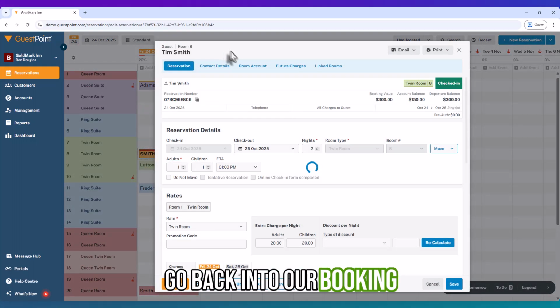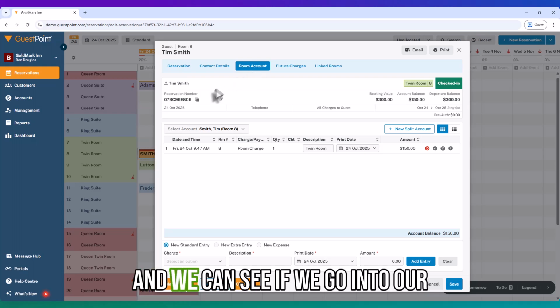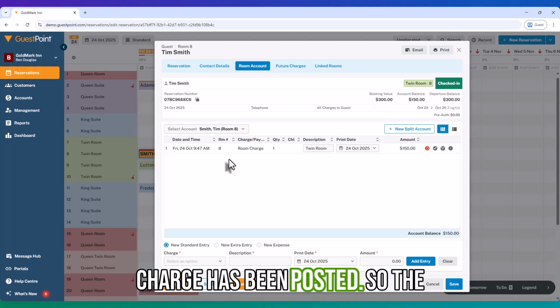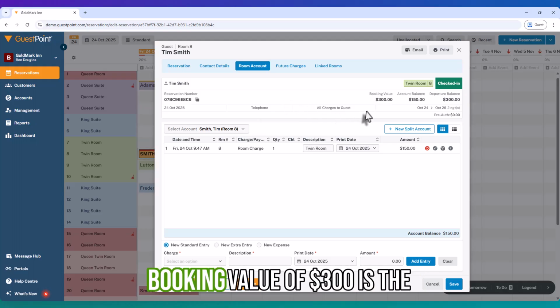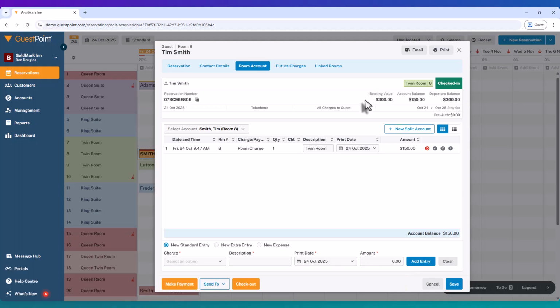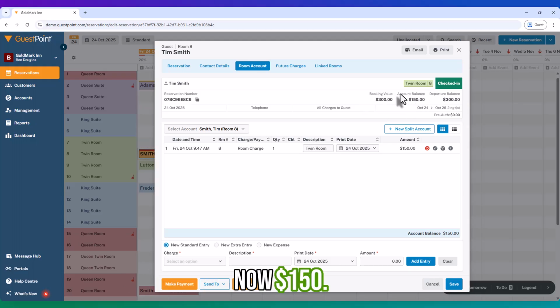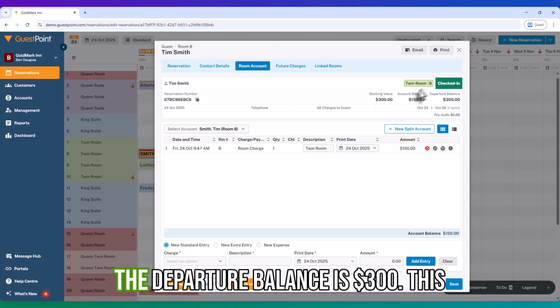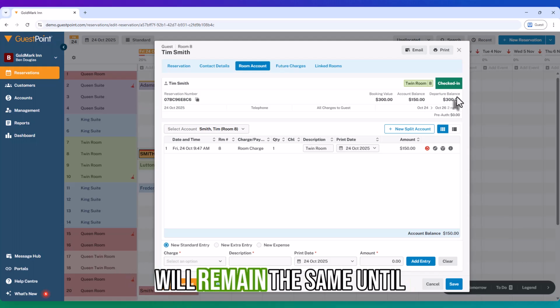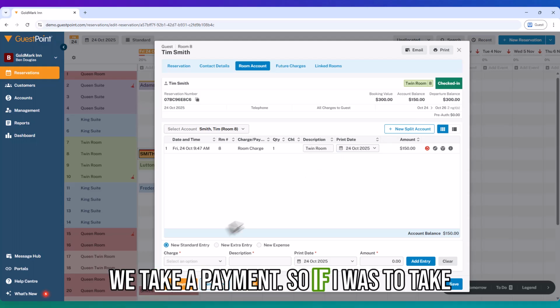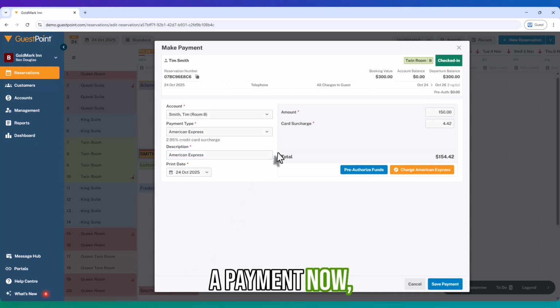Go back into our booking and we can see if we go into our room account, the first night room charge has been posted. So the booking value of $300 is the same and the account balance is now $150. The departure balance is $300. This will remain the same until we take a payment. So if I was to take a payment now,